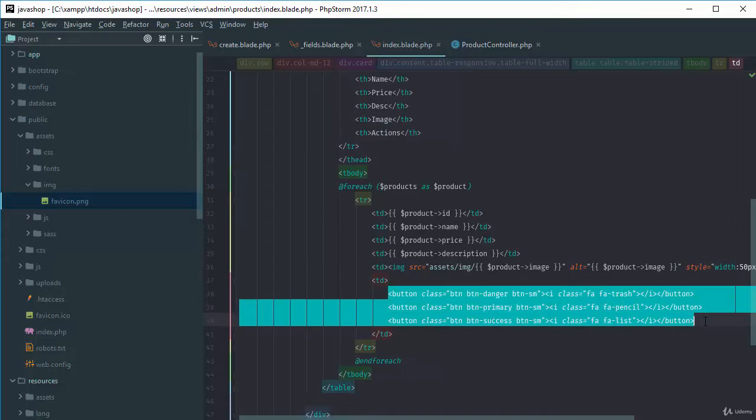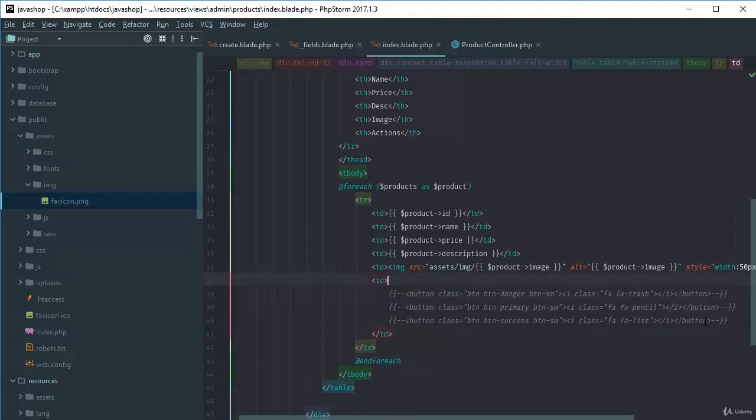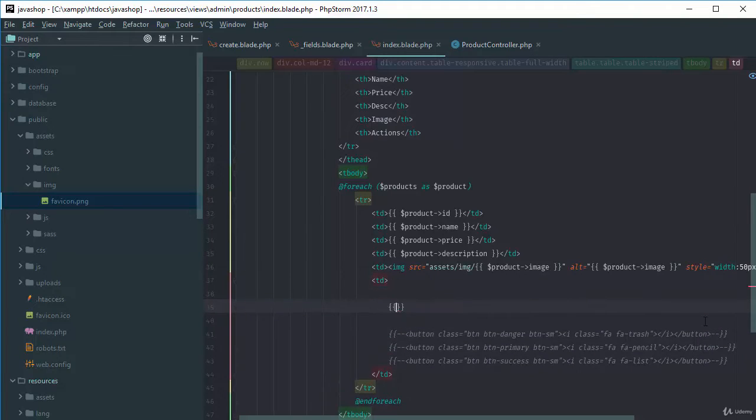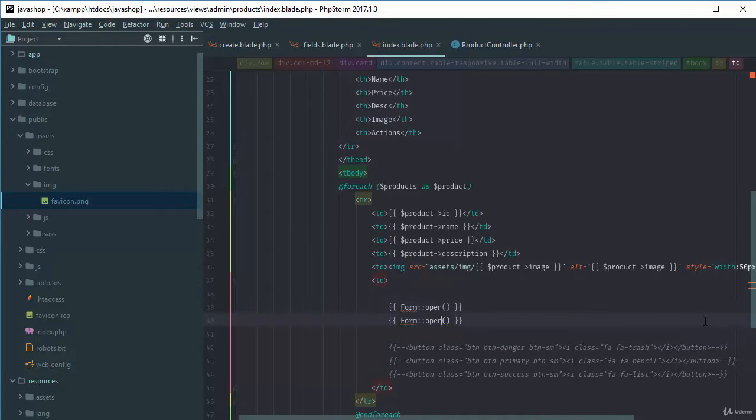First, let's just comment out all the buttons, and then let me just open a form, because we want to delete something, so we will open a form basically, and then close the form, right? And then we will pass an array, and the route would be, okay, if we go